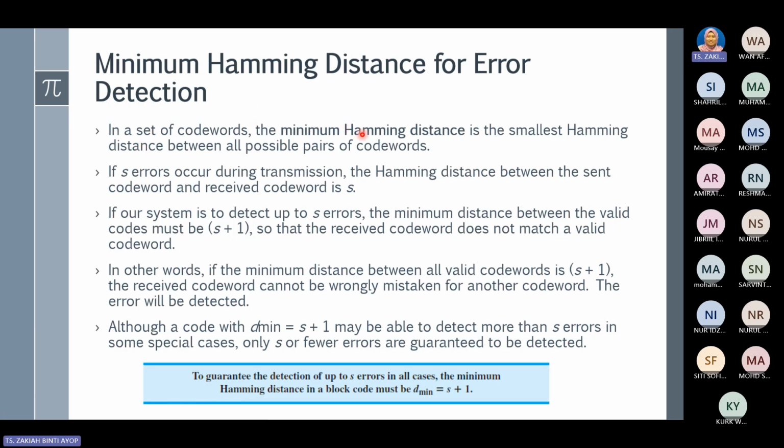In a set of code words, the minimum Hamming distance is the smallest Hamming distance between all possible pairs of code words. So let's say S errors occur during the transmission, so the Hamming distance between the sent code word and the received code word is S. If our system is to detect up to S errors, the minimum distance between the valid codes must be S plus 1,